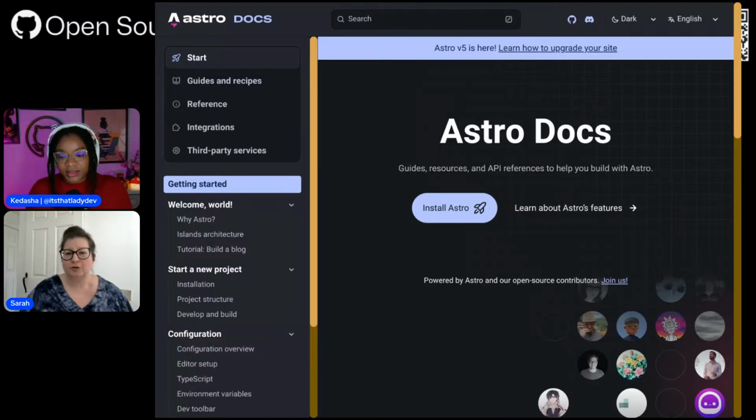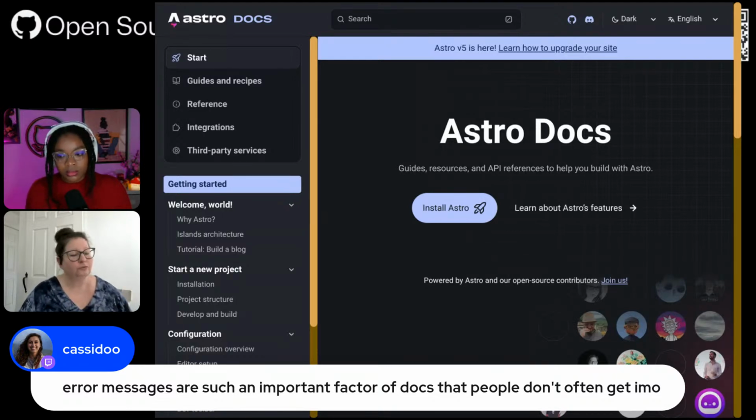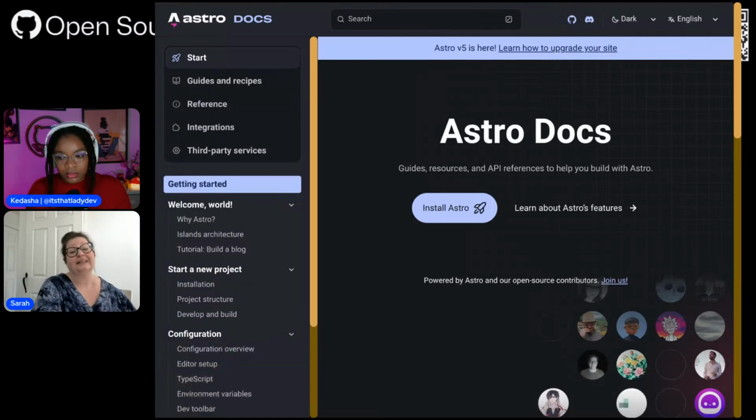So when you're working with Astro, we're proud of our error messages. Yeah. We have a whole guide to writing error messages. Erica, one of our core maintainers, wrote the entire guide. Like, this is what it is. Here's how to write a title. Here's how to write a description. If you're going to add a hint, this is what the hint should say. Things like that. So we have a whole guide on writing error messages because when you're using Astro, you're probably going to hit an error at some point,